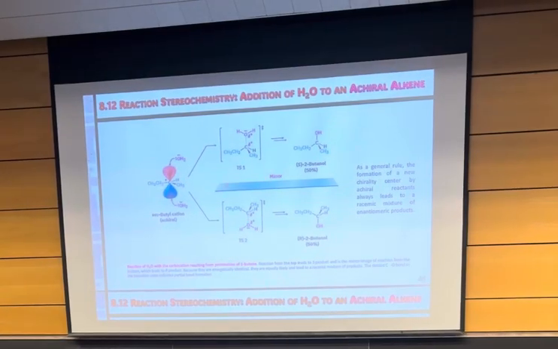So this is just explaining what I just talked about. Here it is when you get the secondary carbocation, it is flat. A carbocation is still sp2, right? There's an empty p orbital there, and therefore the reagent is going to attack it from the top or the bottom. Let me remind you, when you have the alkene